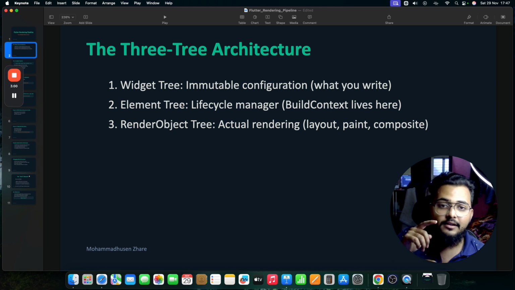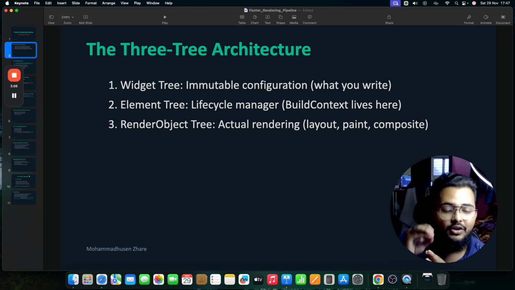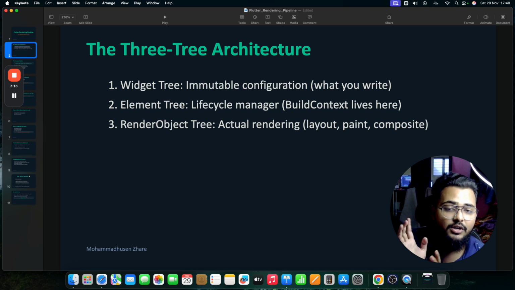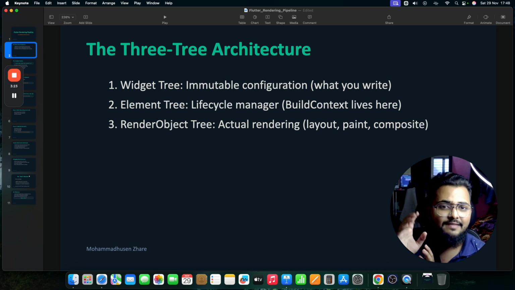Then there is the element tree. Okay, the element tree is the lifecycle manager where the BuildContext comes into the picture. So if someone asks you which tree has BuildContext, you should not answer widget tree. The widget tree has only widgets. You might see BuildContext in the widget tree in your IDE, but that is not a correct answer.